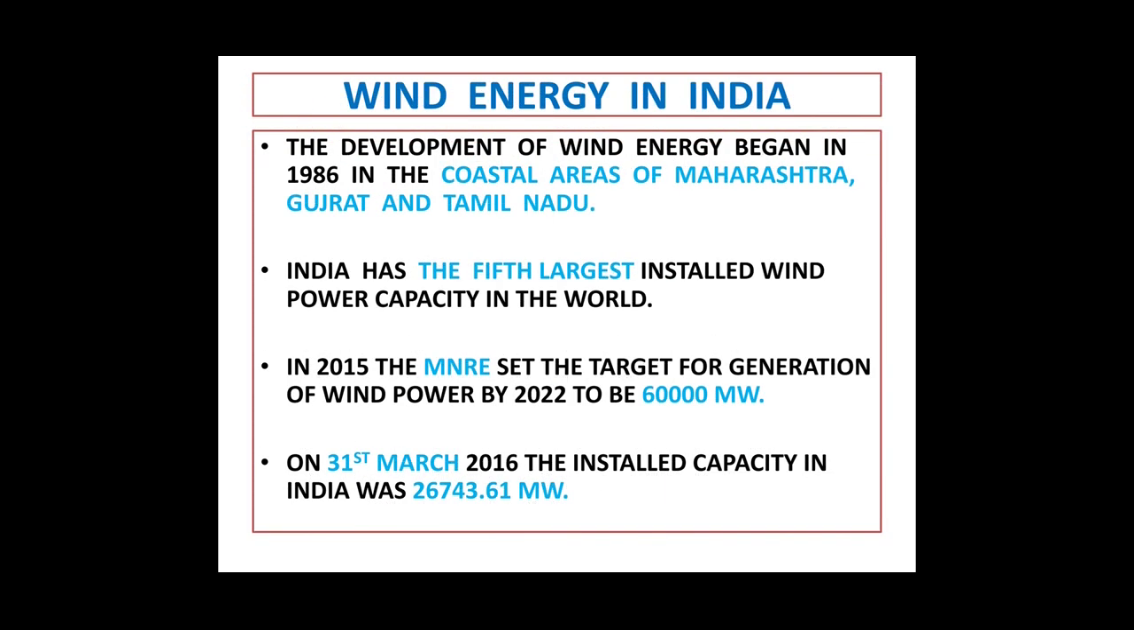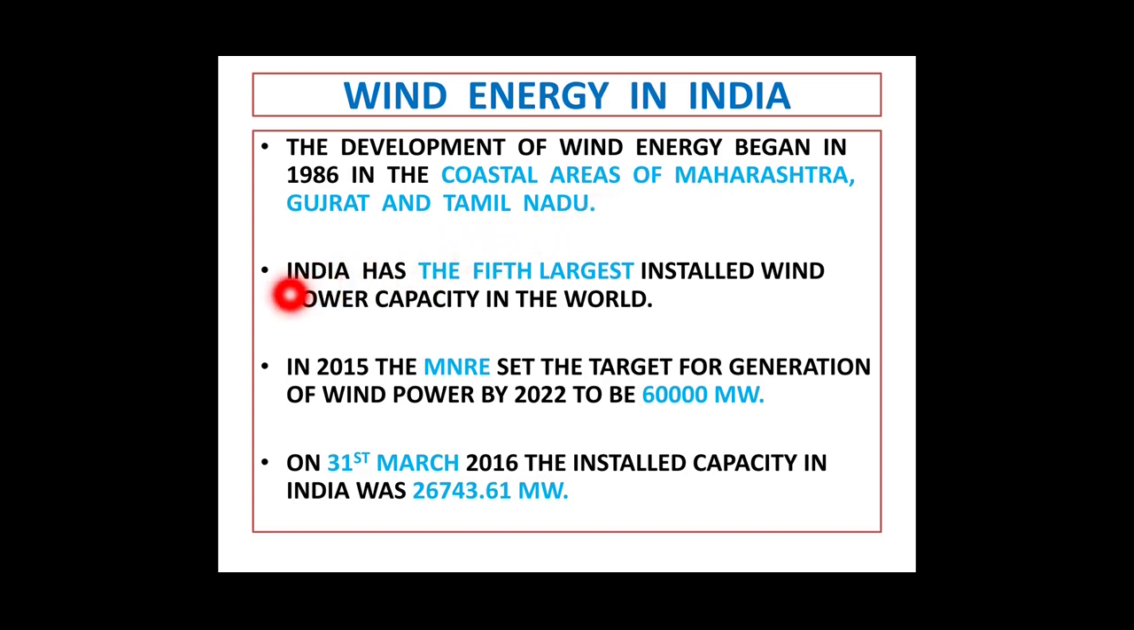Now, wind energy in India. The development of wind energy began in 1986 in the coastal areas of Maharashtra, Gujarat and Tamil Nadu. Now see students, mostly wind is very fast and the velocity is high in the coastal areas. So these coastal states, the states which have coastline and coastal areas, have developed this type of energy,